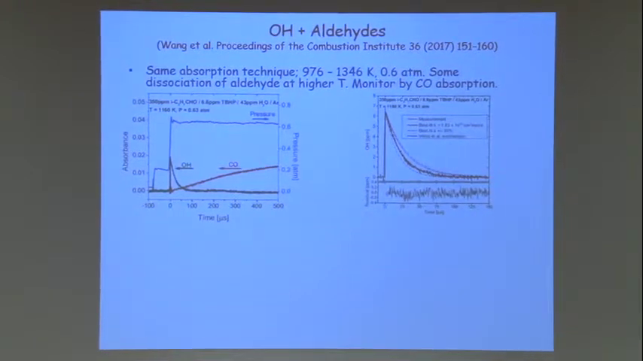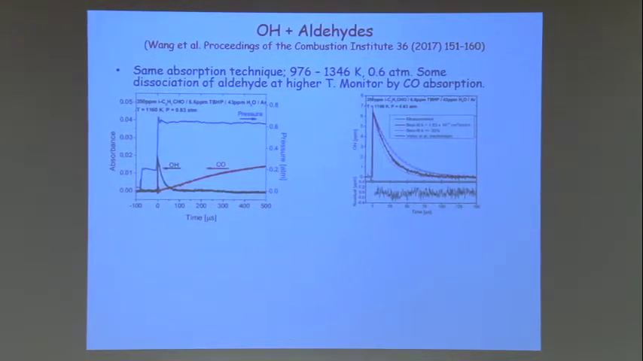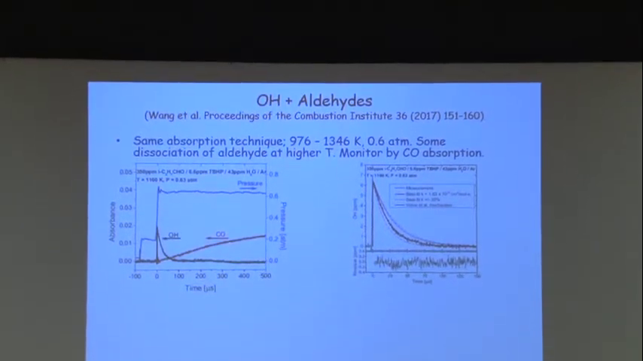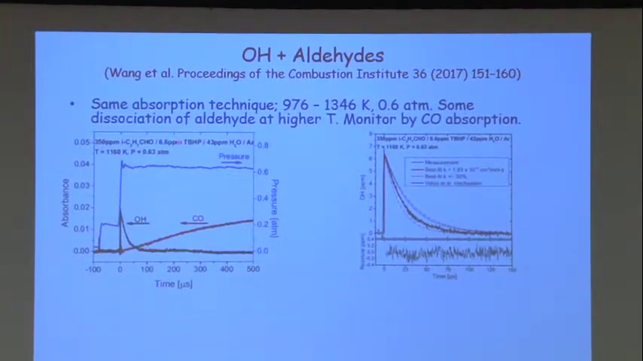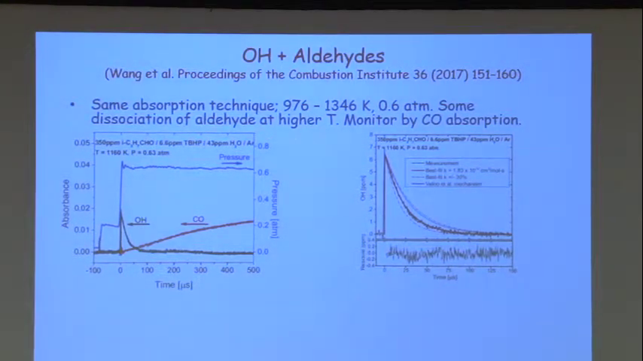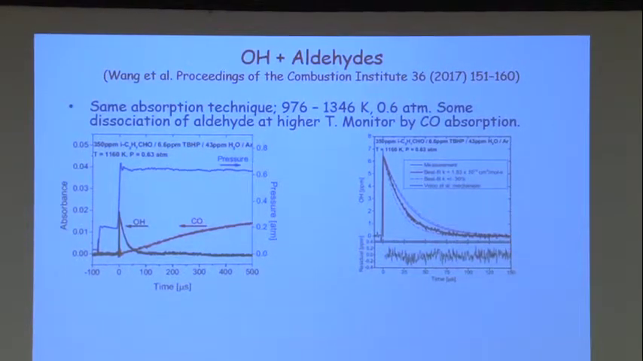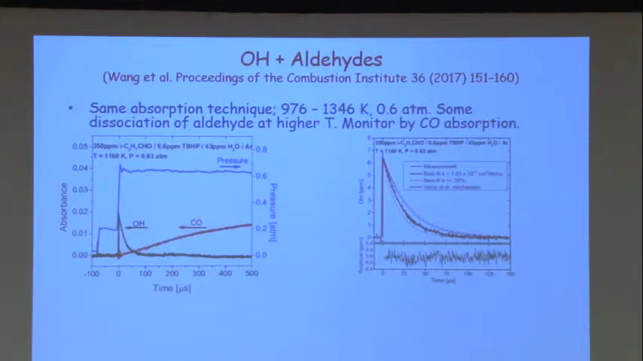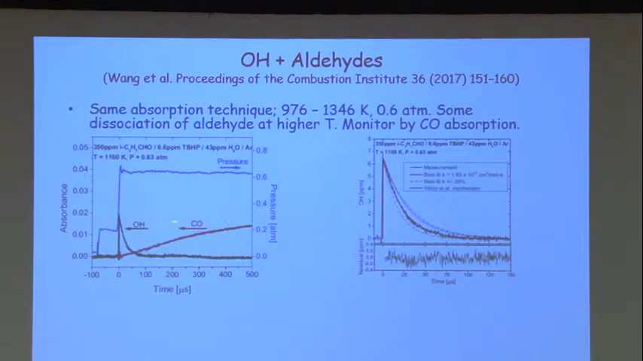OH plus aldehydes, they've done a lot of work on measuring OH plus aldehydes, using the same absorption technique over this temperature range, and there is some dissociation of the aldehyde at higher temperatures, which can again complicate the kinetics, and so they monitor the amount of that by looking at CO. So there's the decay of OH, and here's the absorption by CO, which they use to determine the amount of the aldehyde that's dissociated. And once again, there's the decay and the best fits